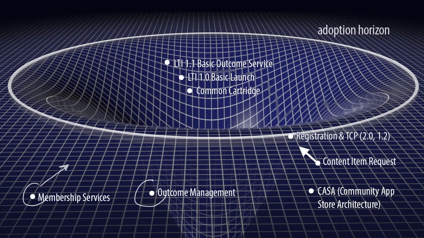I've also added here content name request, with an arrow towards adoption, because I think this one is also getting a lot of traction. And I've added CASA. So what is CASA? CASA is a way to discover LTI tool providers. They call it an app store, but there's no e-commerce aspect to it that I know of. It's more that you have your little app store that lists a bunch of tool